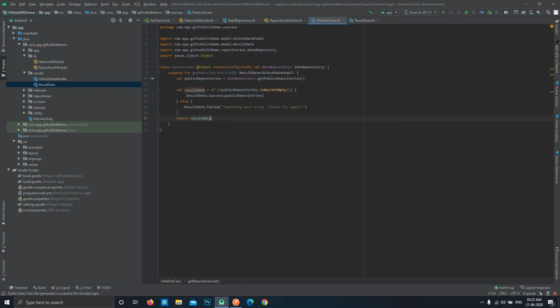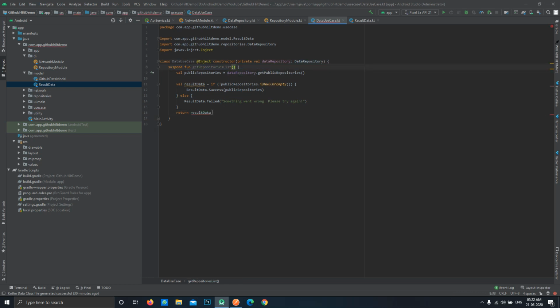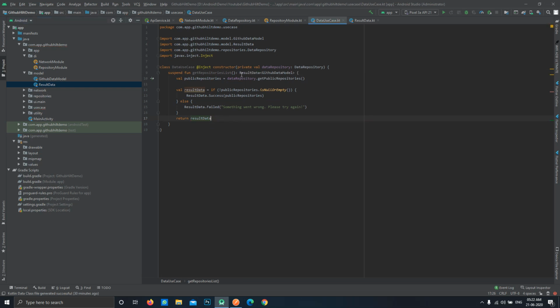So change the result type of this function to result data. As you can see over here, when I press alt enter and click here, it has already defined the result data with the type of our class which this result data is actually returning.